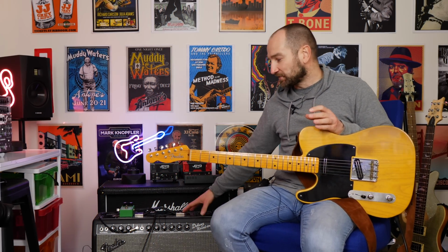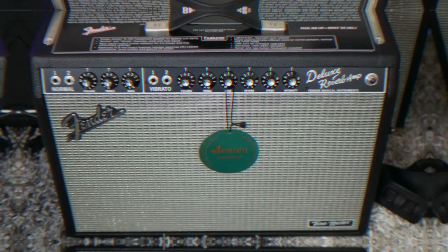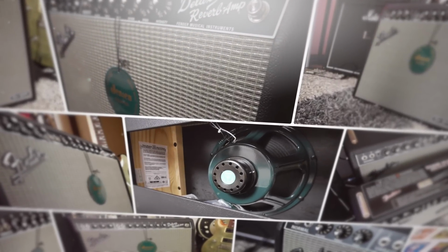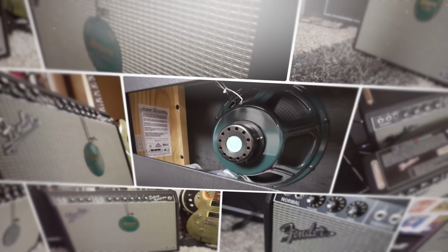So what do I think about this amp after testing it out and after owning 2 Deluxe Reverbs and gigging pretty much exclusively with them for a few years? This sounds great. It does sound a little bit different. One thing I noticed about it is it feels a little bit brighter to my ear than my old Deluxe Reverbs for whatever reason, but it's nothing you can't compensate for by turning the treble control